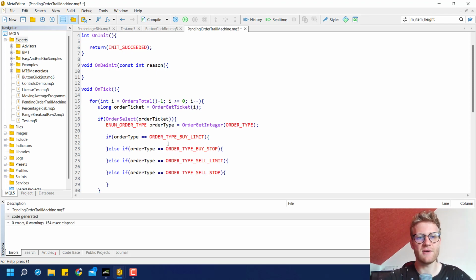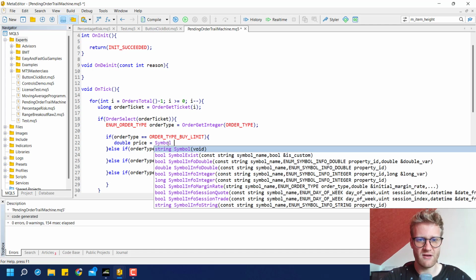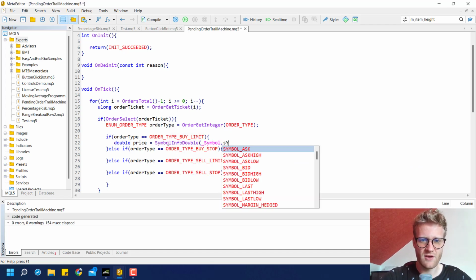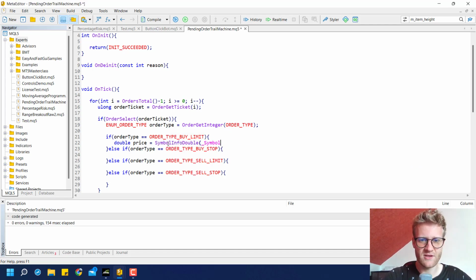And if we have a buy limit order, we can calculate the entry price, right? So we can say price, or just price, I mean, it doesn't matter how you name it. So we can say for a buy limit, which is placed below the current market price, we then want to have the SymbolInfoDouble. We want to have the bid price, and you can get this by using the SymbolInfoDouble function. And we want to subtract